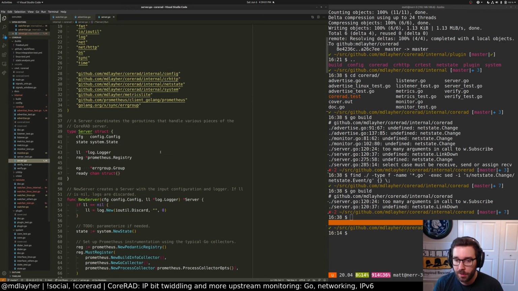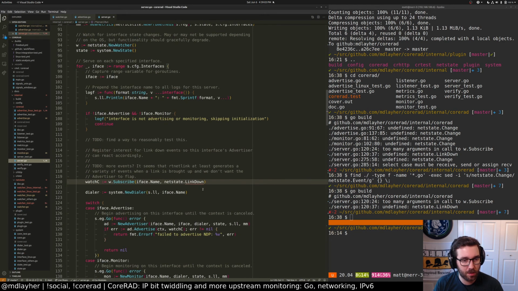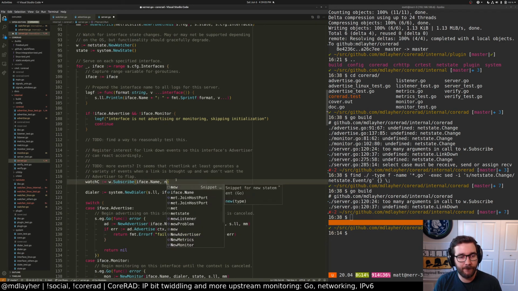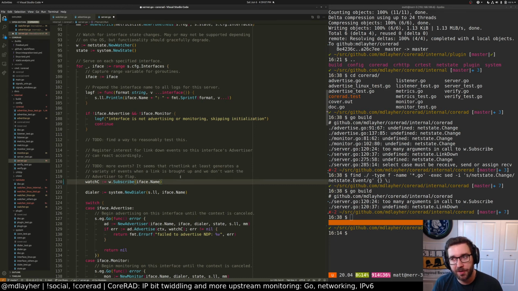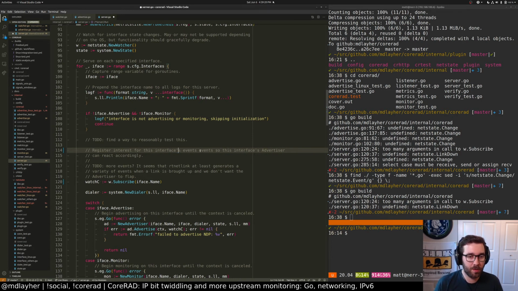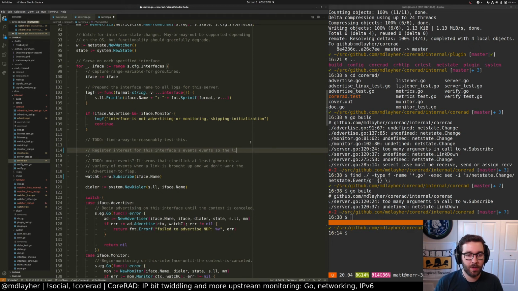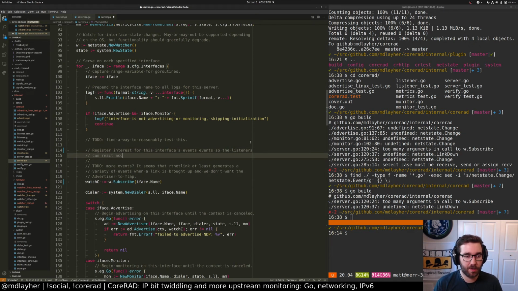Server 120. So now we subscribe to all the changes for a given interface. This interface's events, so the listeners can react accordingly.